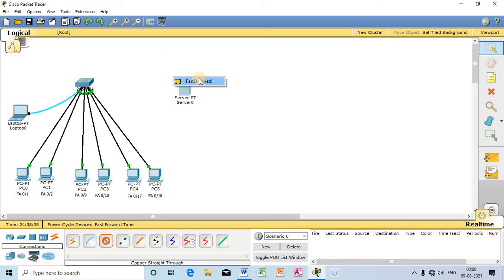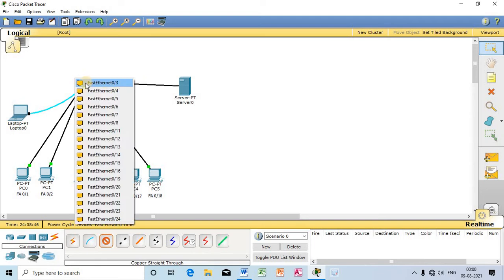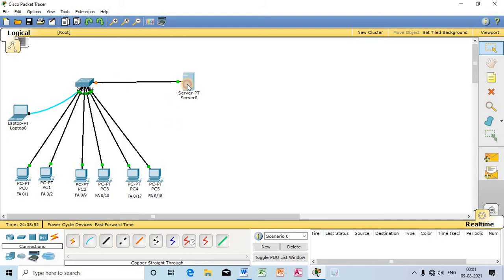So one end of the straight copper wire I will connect here with the LAN port of the DHCP server, and the other end I will connect with a FastEthernet port. Okay, let us connect here FastEthernet 03. Remember this thing. Let me write FA 03.